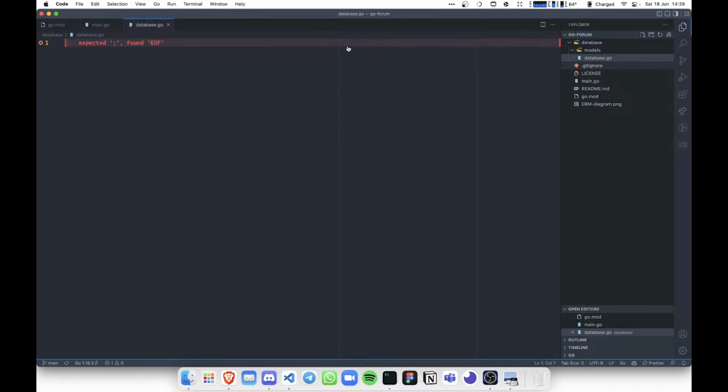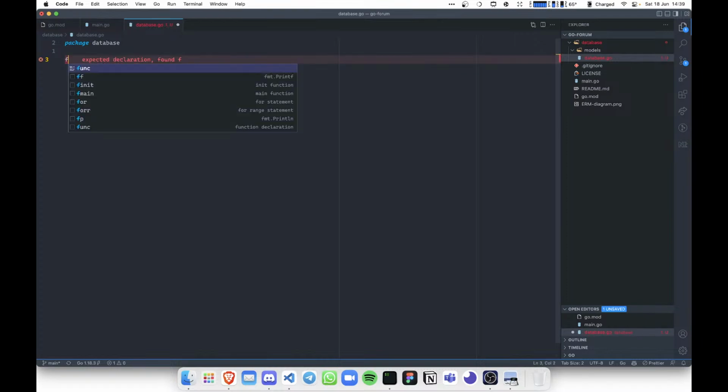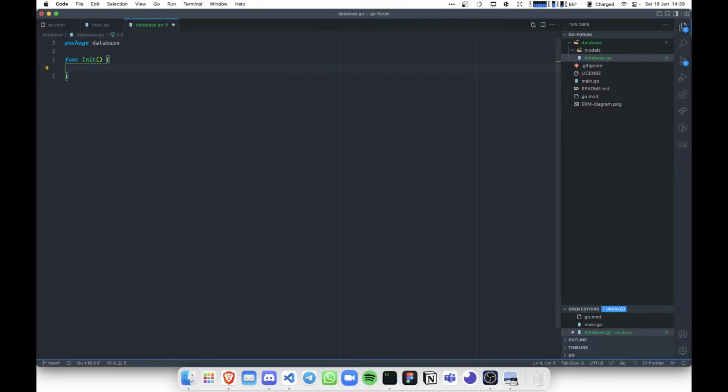database.go file, package database. func init. It's not taking anything. Yep. Let's do func cleanup. Yep. This is to clean up the database. Well, not technically the database, but the connection. We're gonna do the thing like defer db.close. We're gonna do that later, and we also have a func seed